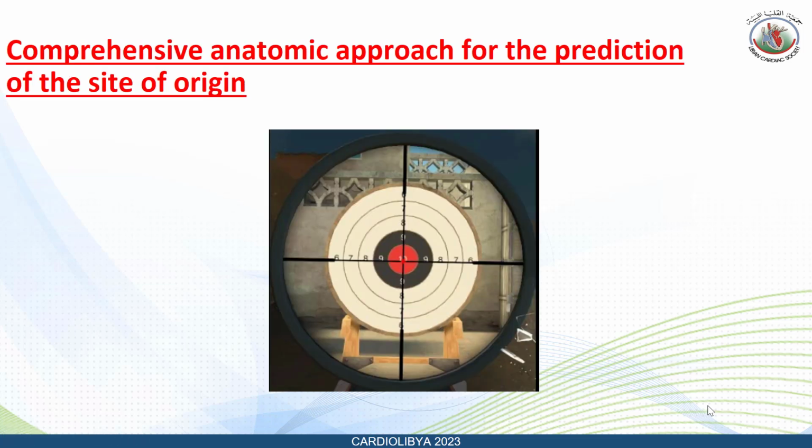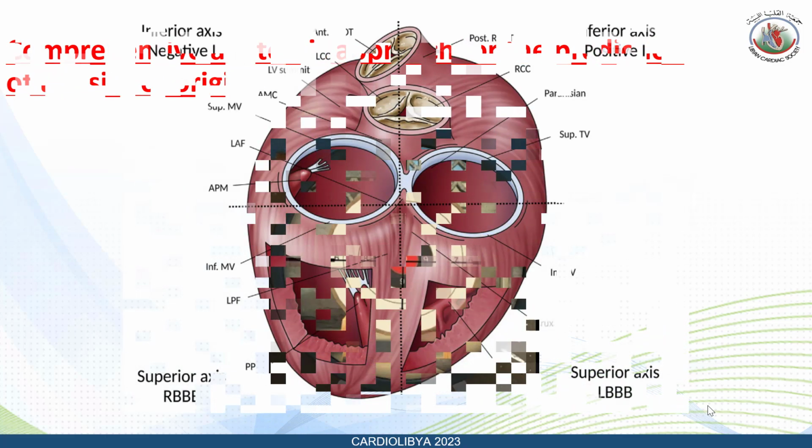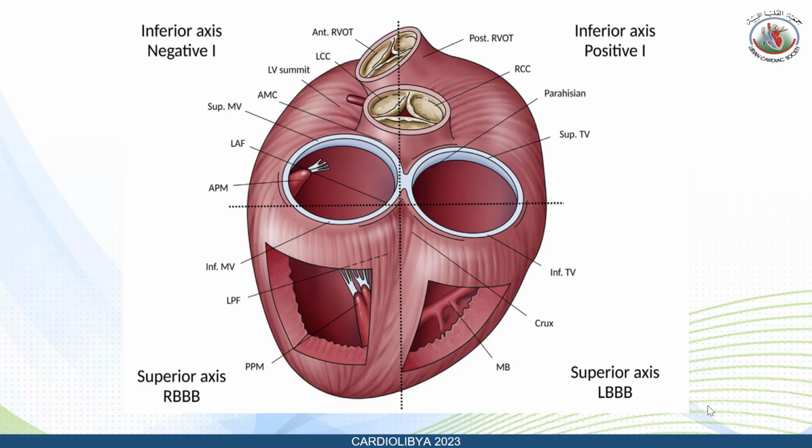First of all, we should have a comprehensive anatomic approach for the prediction of the site of origin of PVCs. As we see here, this is a diagram of the heart showing the outflow tract and the right ventricle and the left ventricle. When PVCs have an inferior axis and negative lead one, they most probably come from the left side of the outflow tract or the left side of the heart, and the differential diagnosis of the site of origin of PVCs